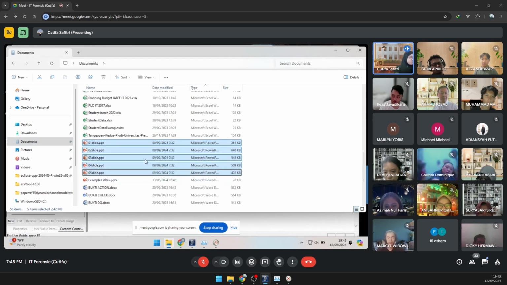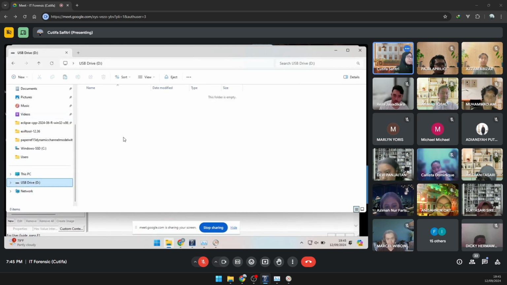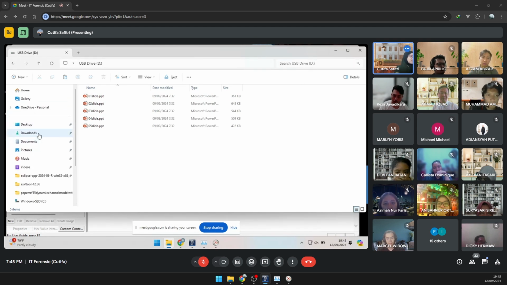Any documents would do. So my plan is to put a document in here. I'm just going to click copy and then put it in my USB. But I wanted to do something a little bit interesting because of my discussion with Azam just now.